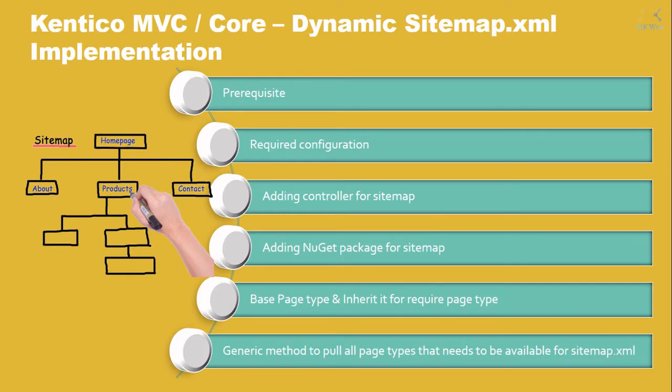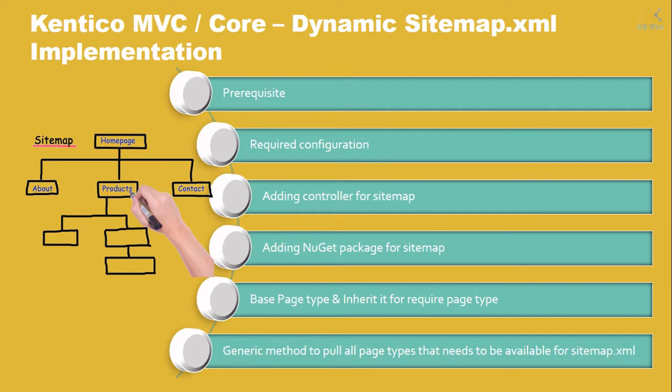First, we are going to see what prerequisites are required, and the required configuration, and adding a controller for our sitemap and adding a NuGet package required to build our links on the sitemap.xml. Then we will see how we are going to configure these page types in a very generic way. You can use a base page type and inherit that particular page type into the respective page type in order to get the complete columns into your